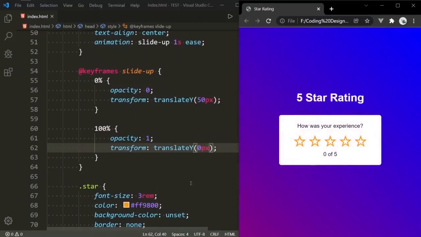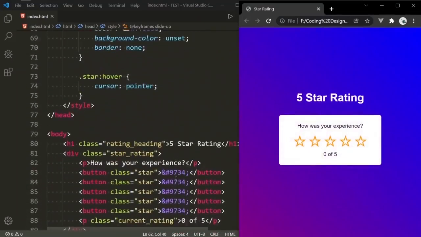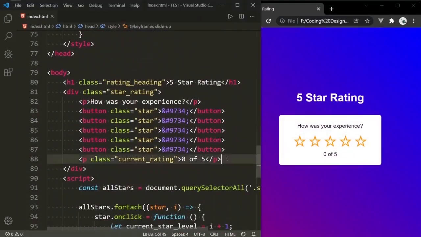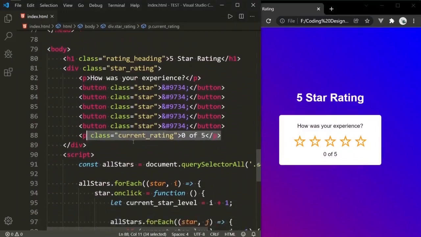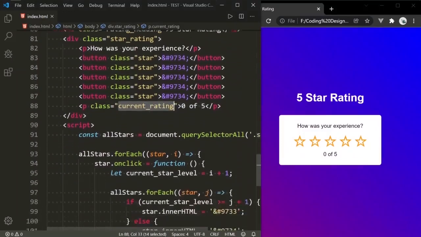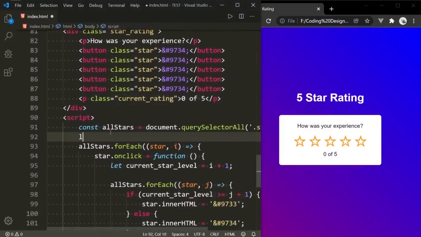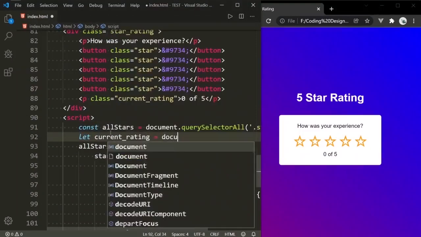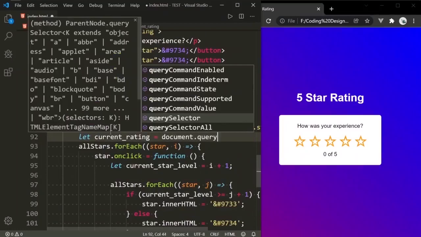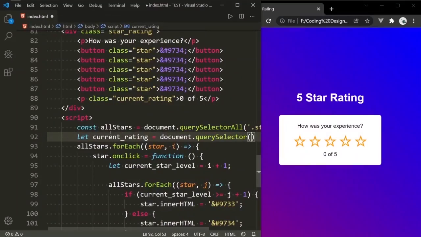Now let's change that current rating value. In order to change that, I want to get that current rating. So let current rating is equal to document.querySelector and the class current-rating.